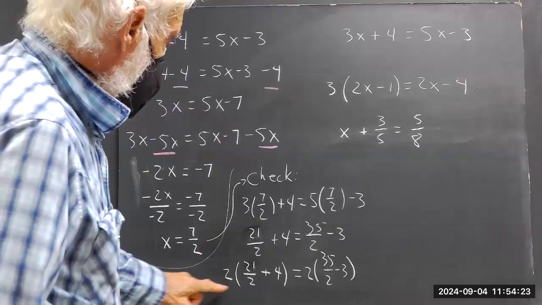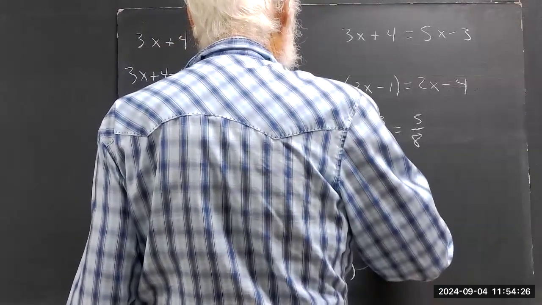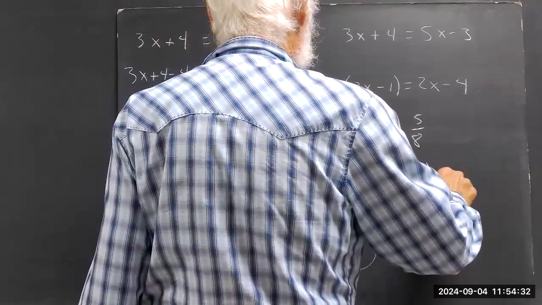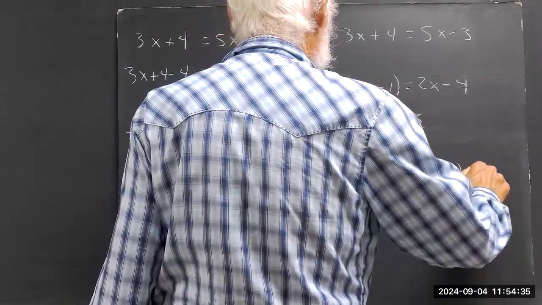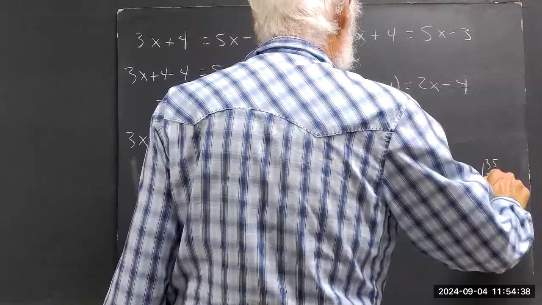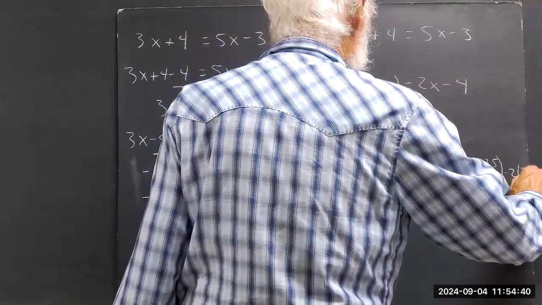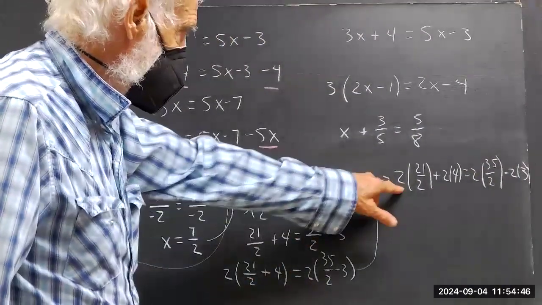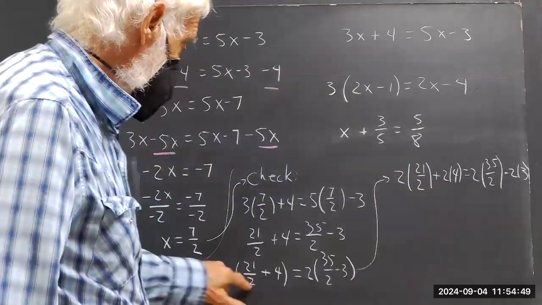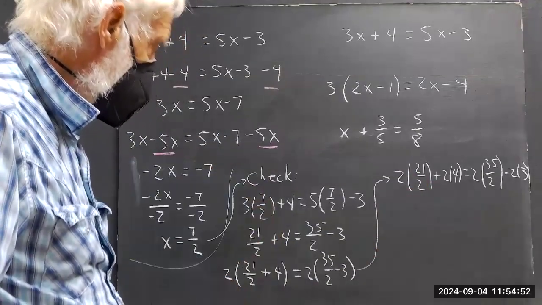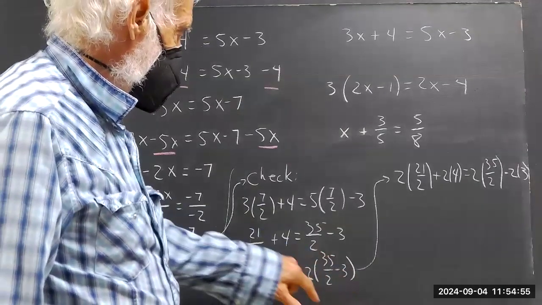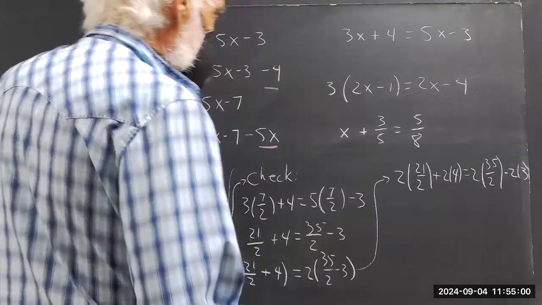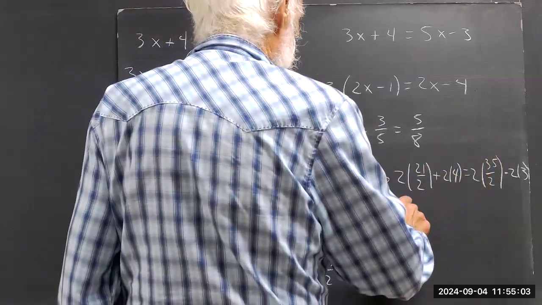Okay. Well, this means we have 2 times this here, 2 times this here by the distributive law. Gotta multiply 2 by this and multiply 2 by this. And similarly, 2 times 35 this is here, and 2 times negative 3 is the same as negative 2 times 3 there. So now we get